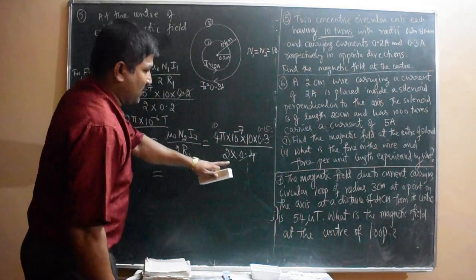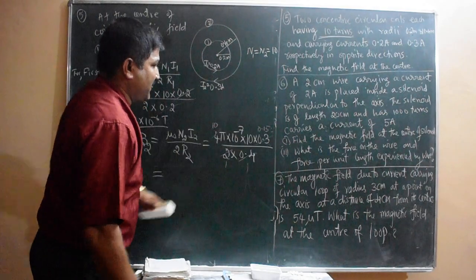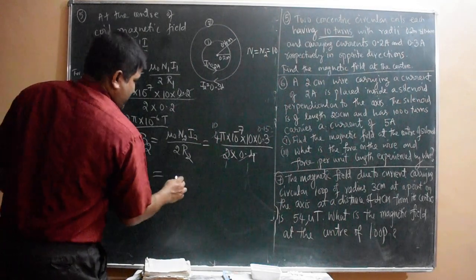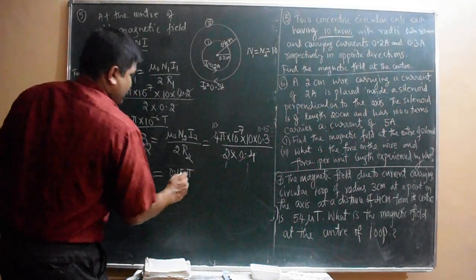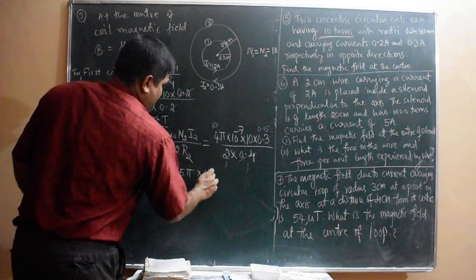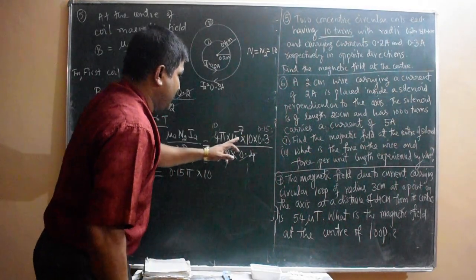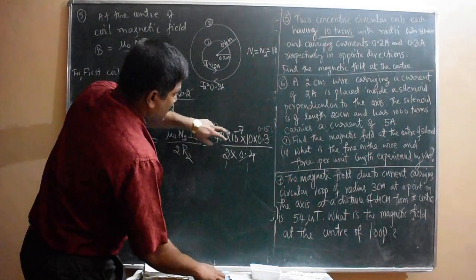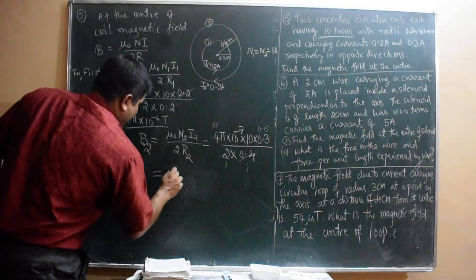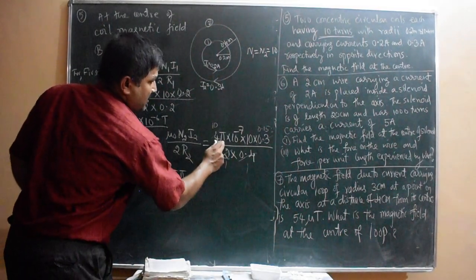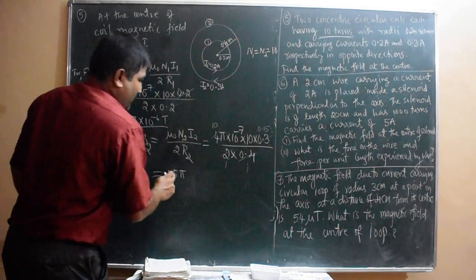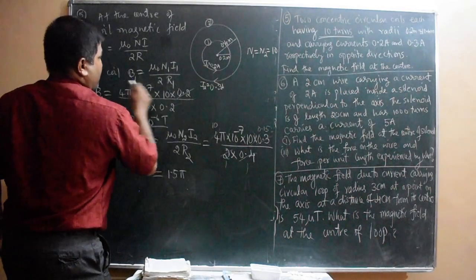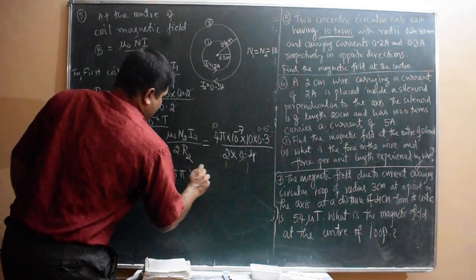Now multiplication of what numbers? Pi into 0.15, that's all that is left. Pi into 0.15, pi is, let it be. Pi into 0.15 into 10 power, you see how much? Or I will take the 10 here. So 10 into 0.15 is 1.5, pi into 1.5, and this number will be equal to, like here I did this calculation as 10 power minus 6, so this is also 10 power minus 6 Tesla.